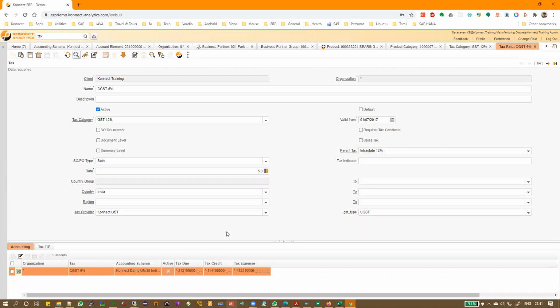Okay, because we have noticed that for each GST rate, sometimes people won't have different accounts. We suggest you have only one account because we take it in the report, but they will insist that they want a separate one. So you have to be very careful while doing this. So this is for tax.